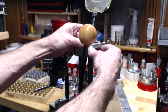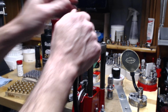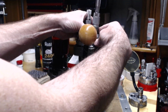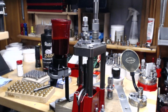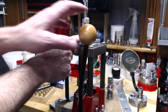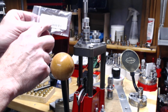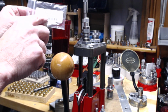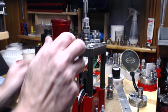So we can pop this turret out now, and pop the stem out. Don't need that. We do need our index rod though. Put that in. And then let's put this turret in, and this is the turret that we'll use for reloading these rounds. So the way I've got this set up right now is this is the Lee Universal case expanding die. This has an NOE insert in it right now for 41 Magnum. It's 413 by 409. So the upper part, the large diameter where the bullet goes in for easy seating, is 413,